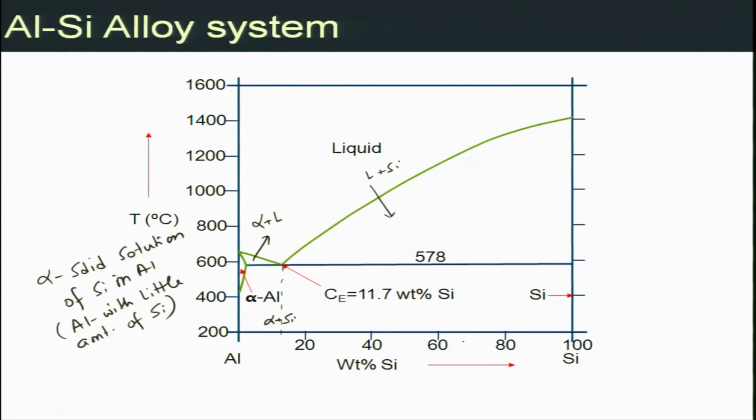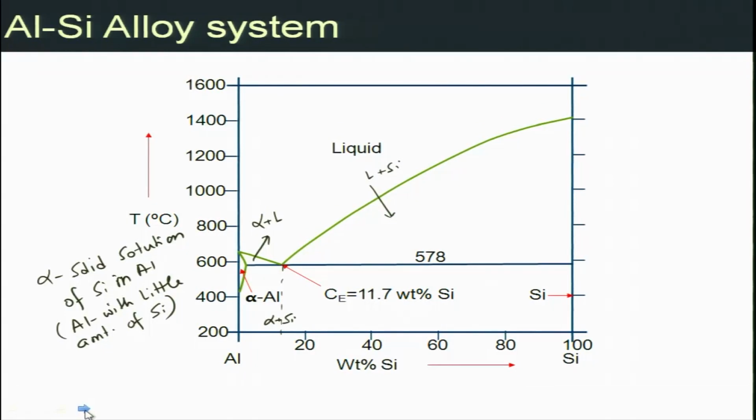Okay. So, again you can see that within a single phase region, for very pure aluminum, aluminum with very little amount of silicon, you will see basically alpha aluminum forming at high temperatures, which converts into alpha plus some amount of silicon at low temperature. So, all the silicon precipitates out at low temperatures. For these compositions you will only see silicon with little amount of aluminum, no solid solution forms on this side at all. At eutectic composition you will see some alpha and silicon forming, and the microstructure, if you look at for instance in a microscope,